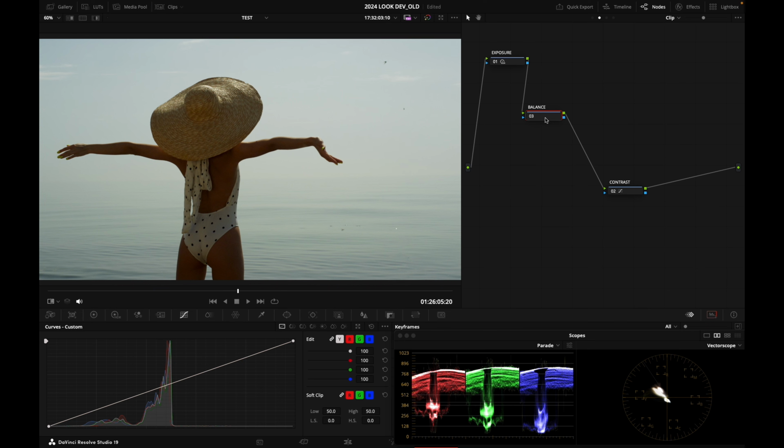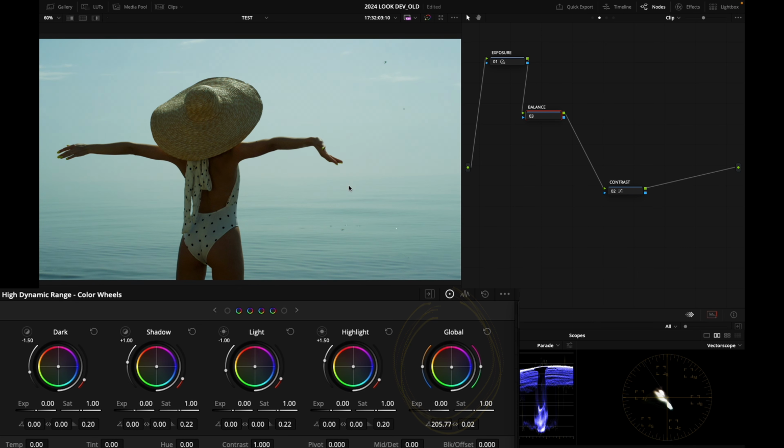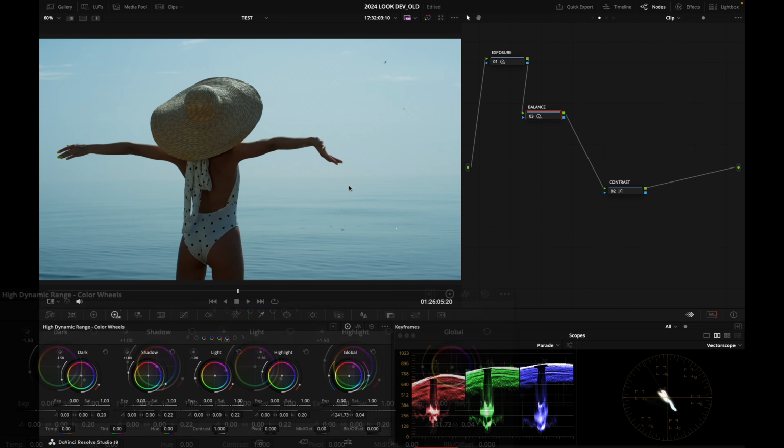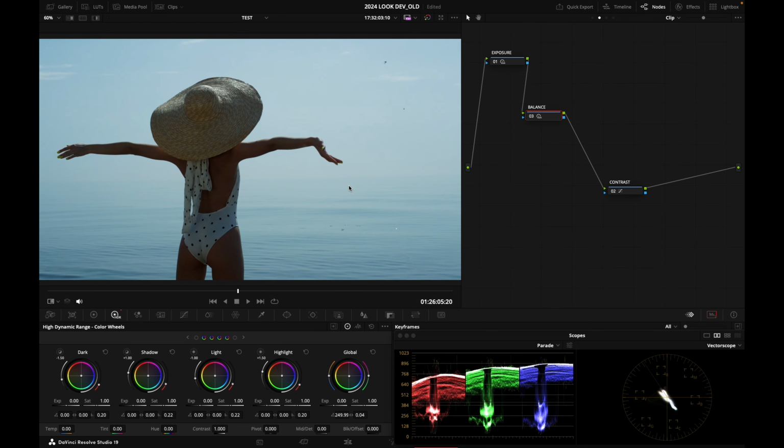And using my HDR tab, I'm going to grab my global wheel and I'm going to just nudge it in this cooler world. I just want to create a bit of color separation. There you go. So now that we are getting closer,